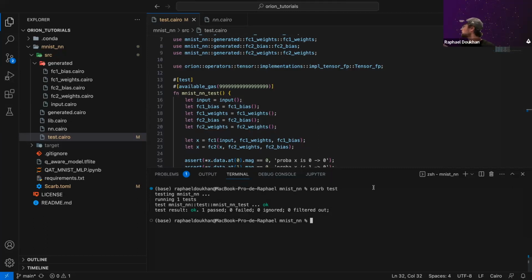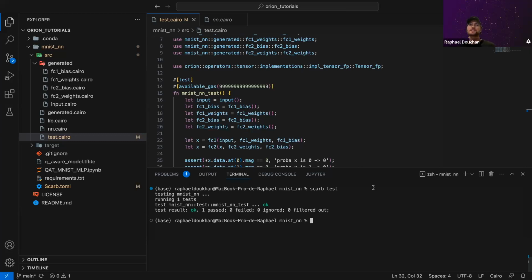It's just that I did that in the test because currently there is a bug in Scarb where I don't know why, but Scarb Cairo run doesn't work. So I reported the issue to the Scarb project. They are working on it. However, Cairo run is working.